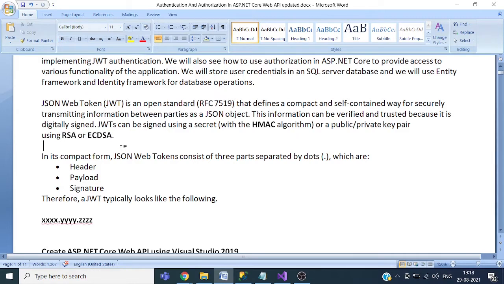So symmetric key, public key, and private key are the encryption techniques. Using these techniques, we generate the signature of the payload and header. In case of a symmetric key, there will be a secret which will be stored on the server side. And in case of a public key and private key, there will be a certificate which will be installed on some server.